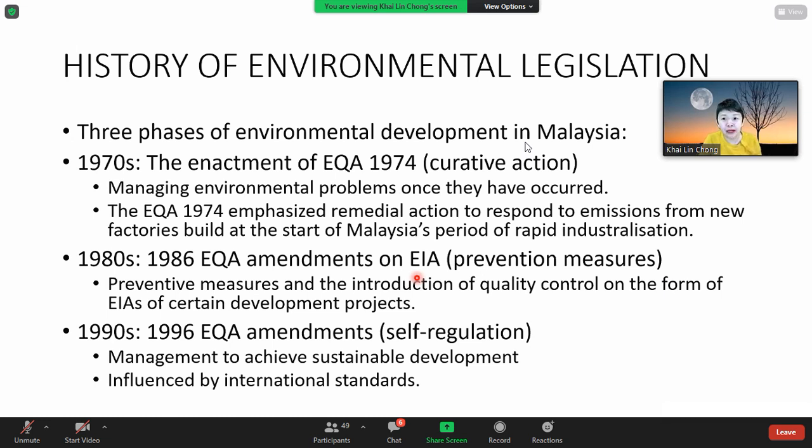Bila environmental impact assessment means sebelum projek tu berlaku, kita dah buat forecasting, kita dah buat predictions apa yang akan berlaku. Okay, contohnya ada satu tanah, kita nak buat satu mega mall dekat situ. Bila nak buat mega mall kat situ, kita kena clearance. Okay, kita akan tebang berapa banyak pokok, kita akan buang berapa banyak tanah, berapa banyak flora and fauna akan terjejas. Okay, and then